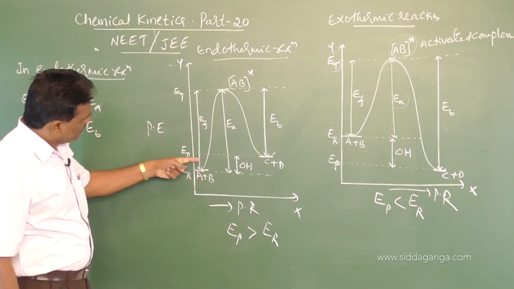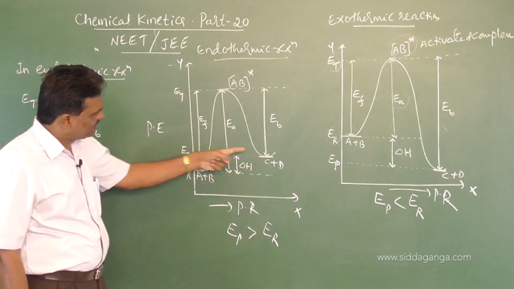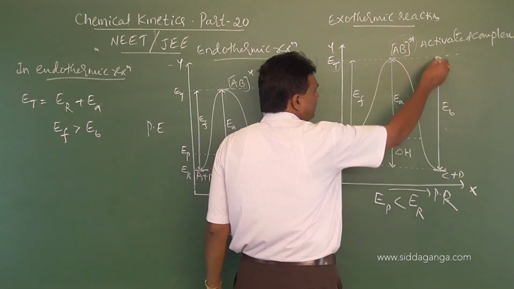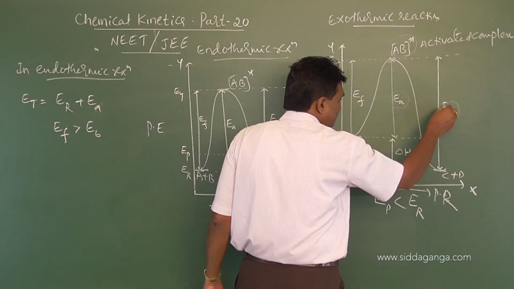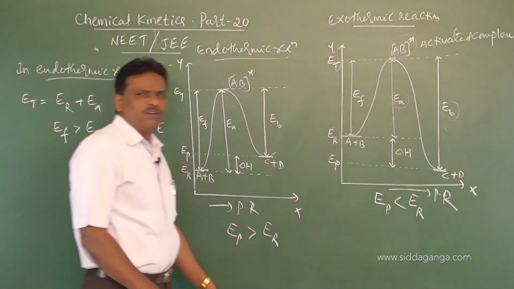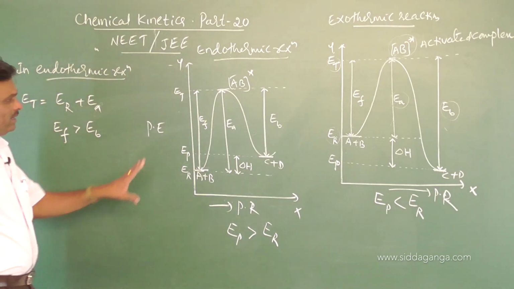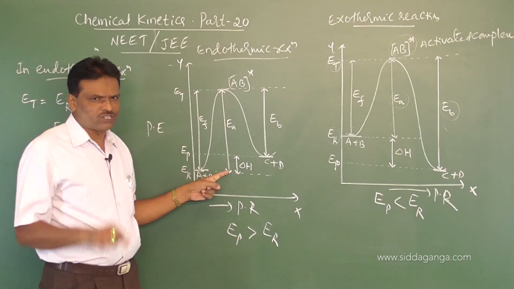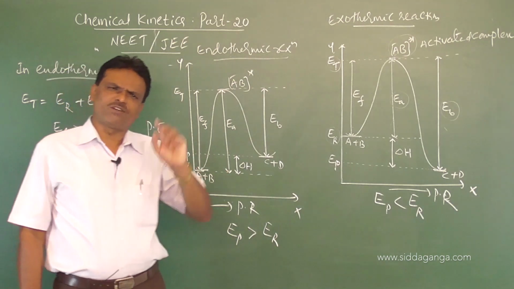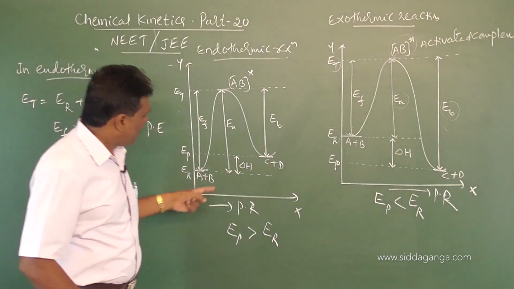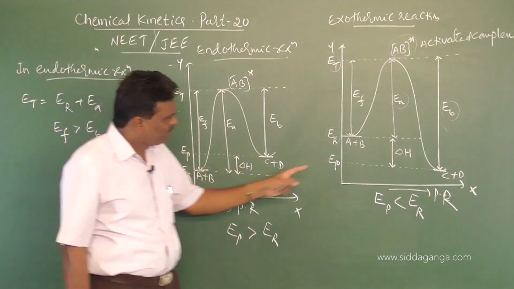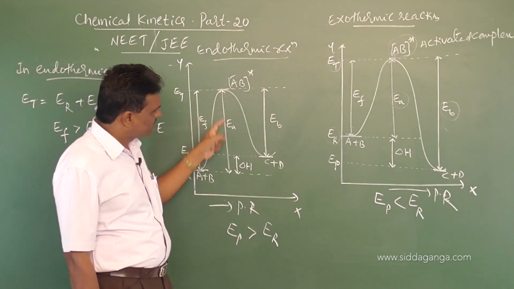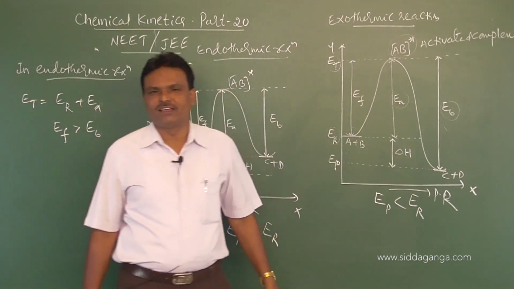Look here, it is not clear. Energy of activation for the forward reaction is greater than the energy of activation for the backward reaction. But in the other case, the energy of activation for the backward reaction is greater than that for the forward reaction. Observe, endothermic reactions are always accompanied by the absorption of heat. Endothermic reactions are always favorable only at high temperature. So the extra energy you give is more here and less there. The energy of activation is higher in endothermic reactions and lower in exothermic reactions.